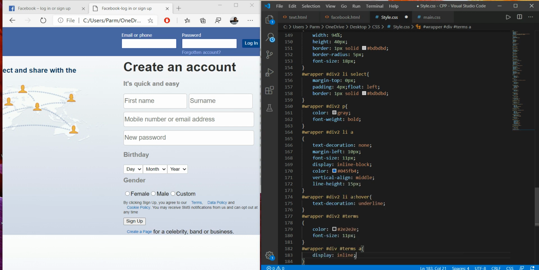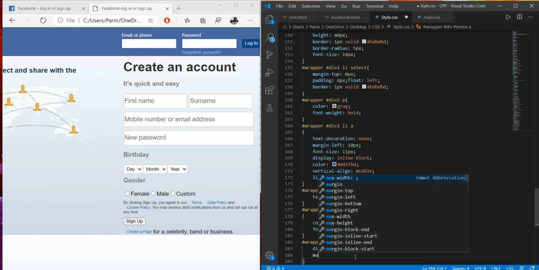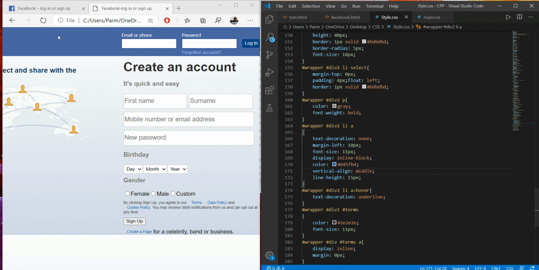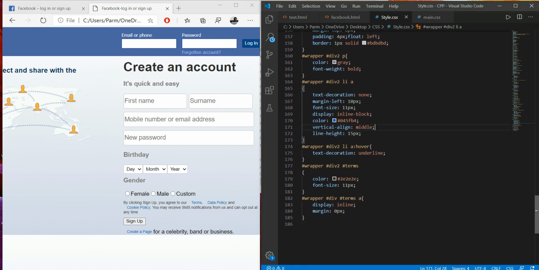I just wanted to set the display value inline, and I just wanted to give margin of 0 pixels. So save this. So here we have to read this.